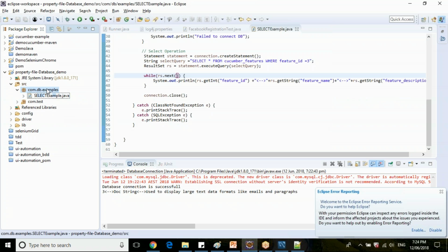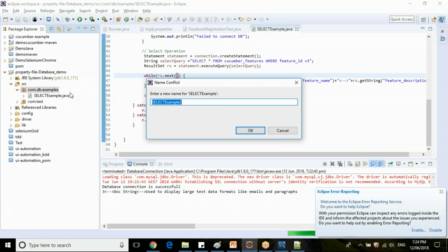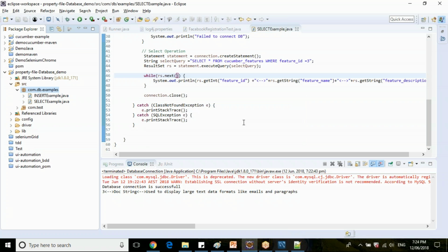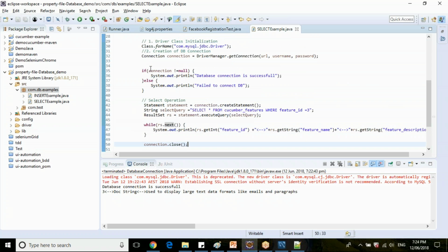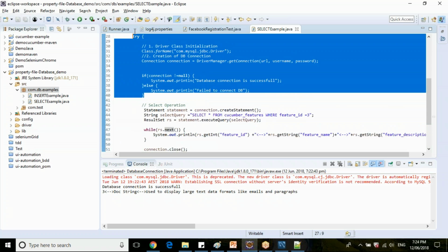So I'll clone this class and create one for insert. Insert example. Now, what are the changes? Till the connection, it is the same.